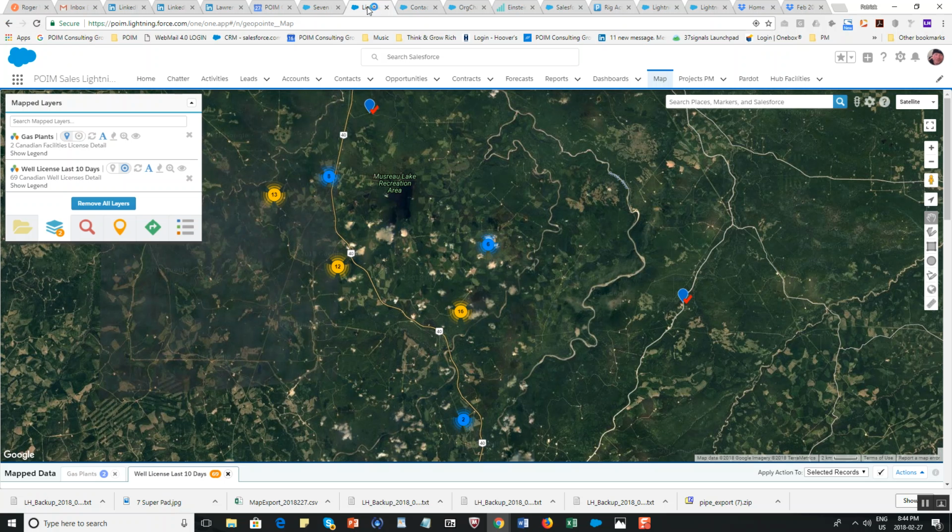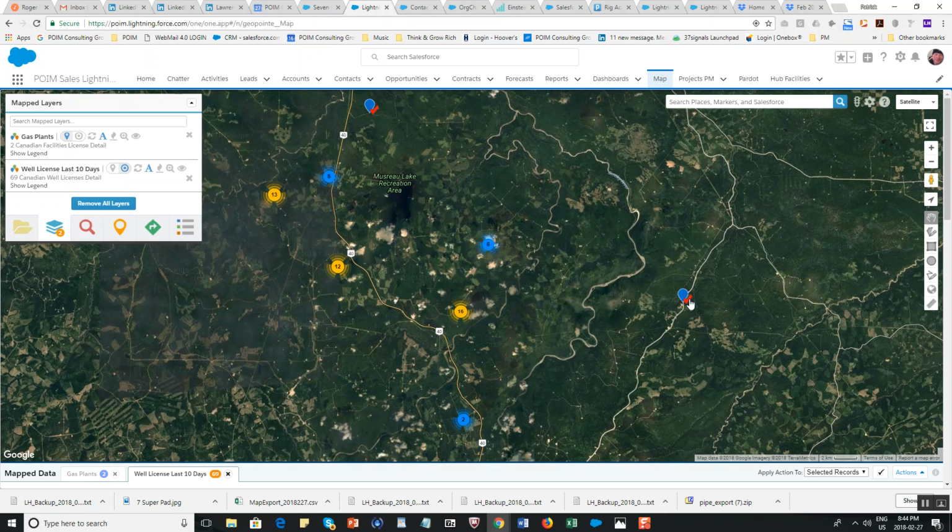And so now when I look at it, one of the things that I can do is also leverage the mapping so I can get just a geographical reference. So that's the same well licenses that are opened, and then they're just grouped together on the map. And one thing I always like to do is keep reference of where their existing gas plants